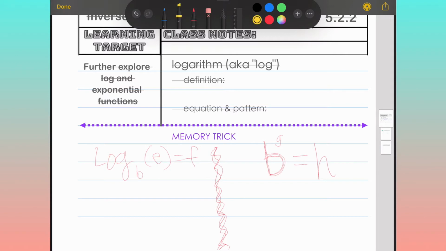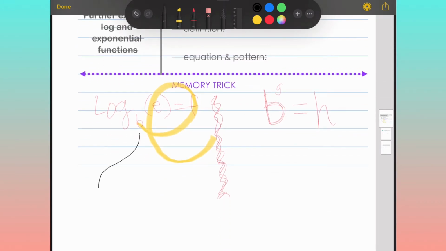So when we go from a log to an exponential function, again, it has to be in this form. I have to equal f. The log part has to be on the left side. So one visual trick I like to use is if I start with my b, I go through the f, and then I come back to the e, and look at that! It makes an e for exponential. So that helps me when I'm transitioning. So I go to that b, and then the next thing that I do is the f,